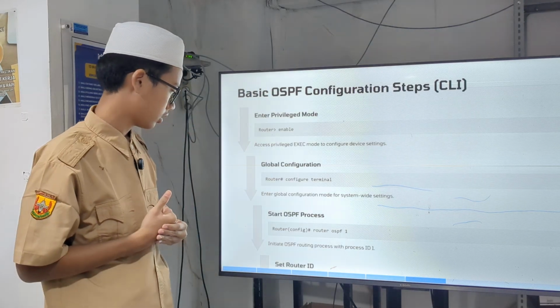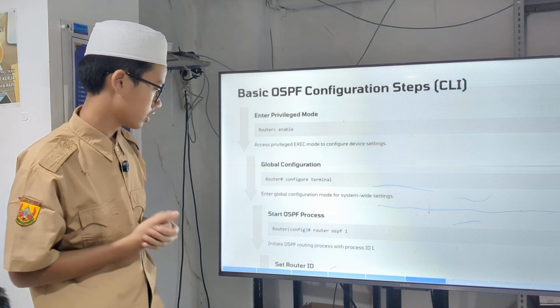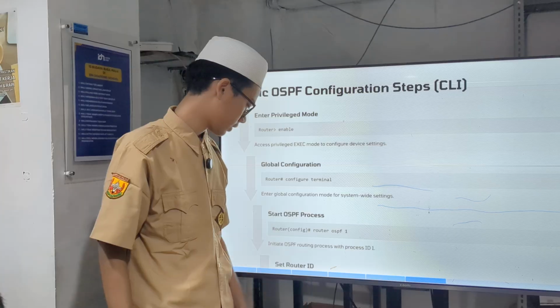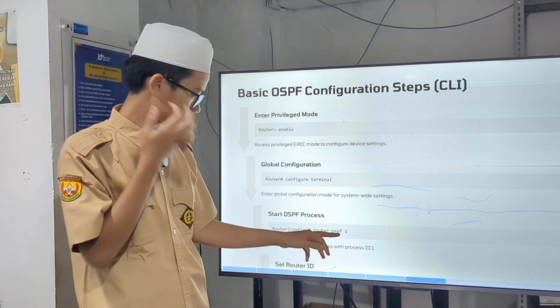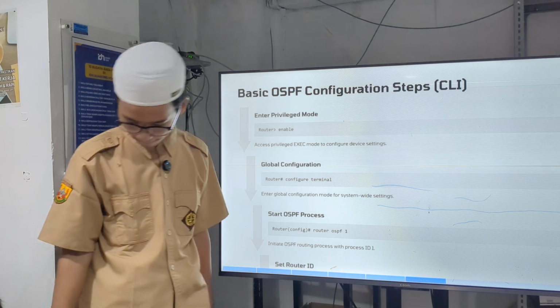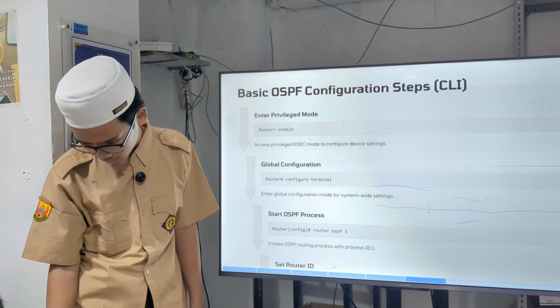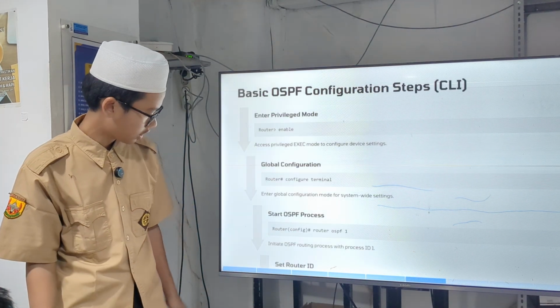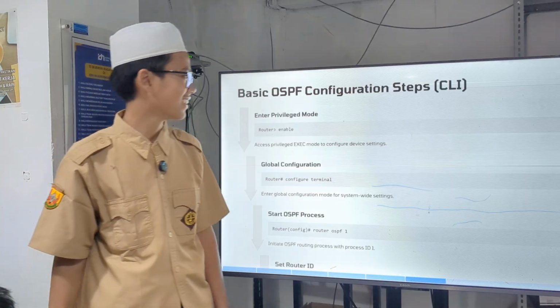After that, in global configuration, you type router ospf 1, where the 1 is the process ID. And the last is set the router ID.